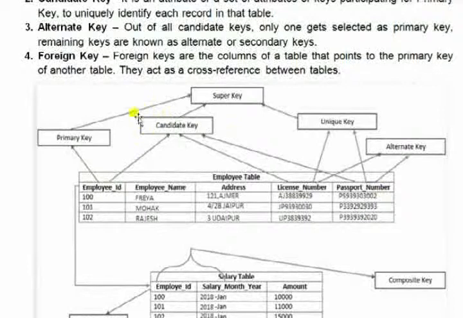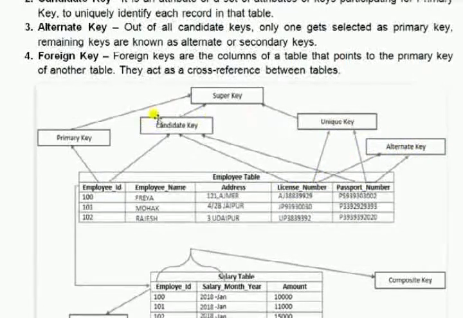Yesterday we discussed Aadhaar number. Those are all unique values, the key fields, and that's why they are called candidate keys. They have the capacity to be a primary key. So one of those fields is taken as the primary key, that is employee ID.